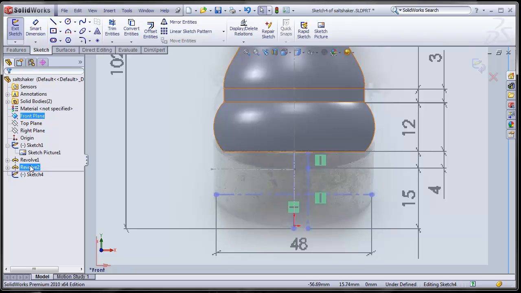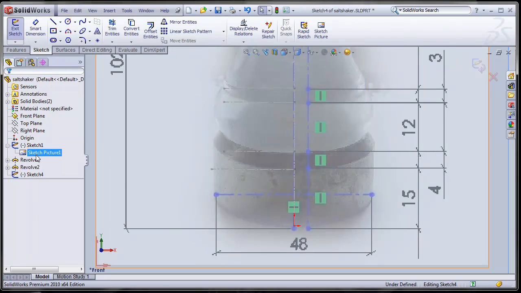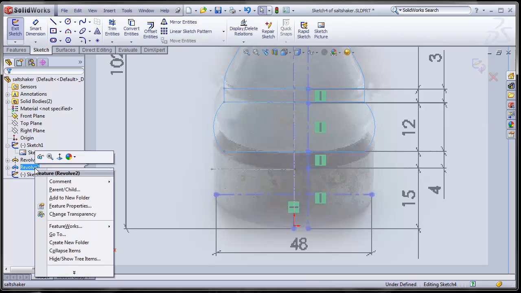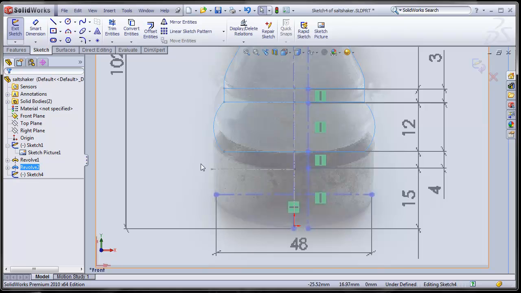Let's turn off the top body so we can see. So I right-clicked on the Revolve feature, and you click on the little glass icon that will show Hide. In this case, it will show Show because it's already hidden. So we're in the sketch mode, as you can see here. We're going to click on line,